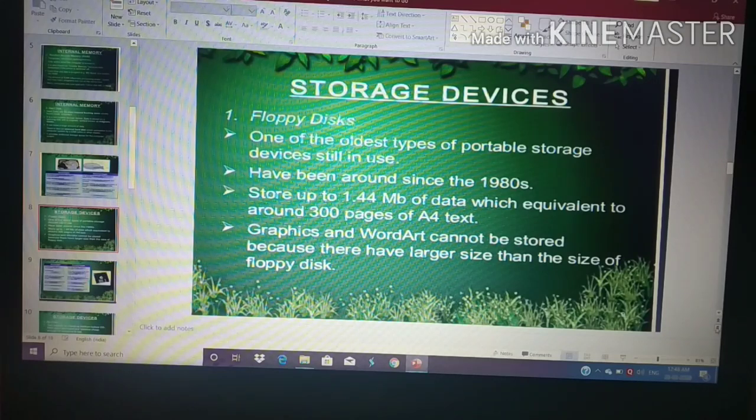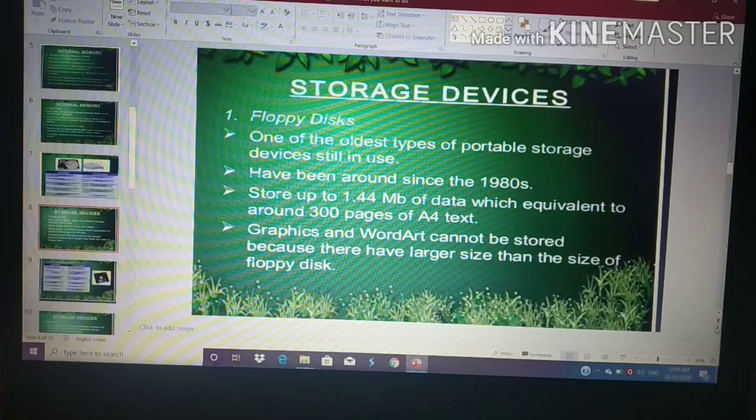Okay, what are the specialties of floppy disks? Floppy disks are a type of portable storage device. Portable means you can carry it in your pocket wherever you like. It can be transferred from one place to another because of its smaller size and light weight. The storage capacity of this floppy disk is 1.44 MB, which is equivalent to 300 pieces of A4 size